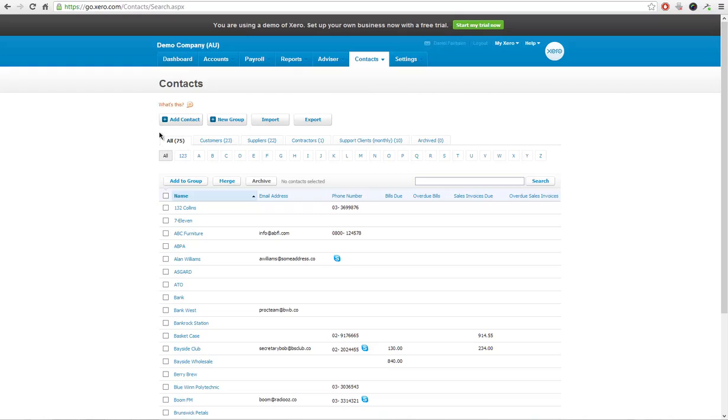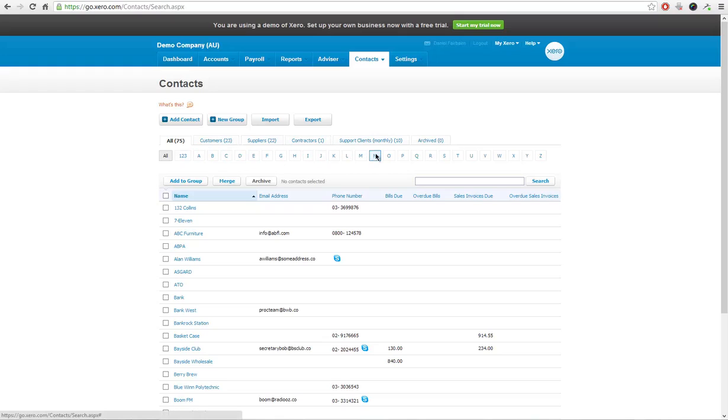In this case, that's why we have 75 contacts, but only 23 customers and 22 suppliers. So the additional difference of about 35 will be those people that we've set up in the system, but we haven't yet billed them and they haven't yet billed us. Just one important little thing to be aware of there, because that quite often trips people over when they start using the system. So from here, I can obviously click through these tabs to see just particular groupings of people,